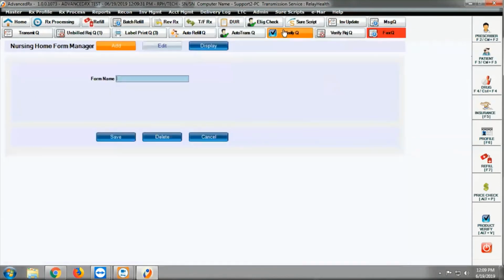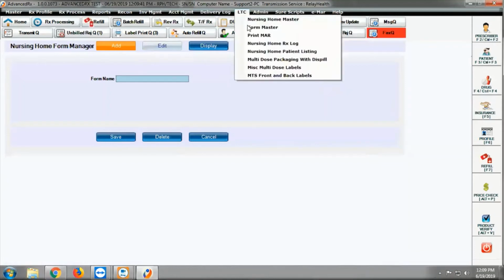Then this is the form master. We have Eldermark and we have Yardi in place for EMARs. So you can manage the form here. Then if you want to print more, you can do it from here. Then you have nursing home RX log to check all the RXs for that particular nursing home patient listing,